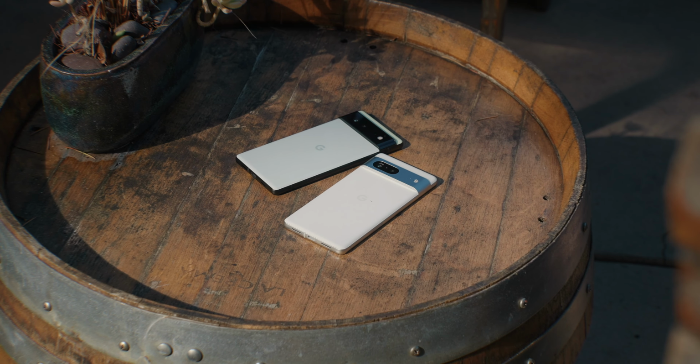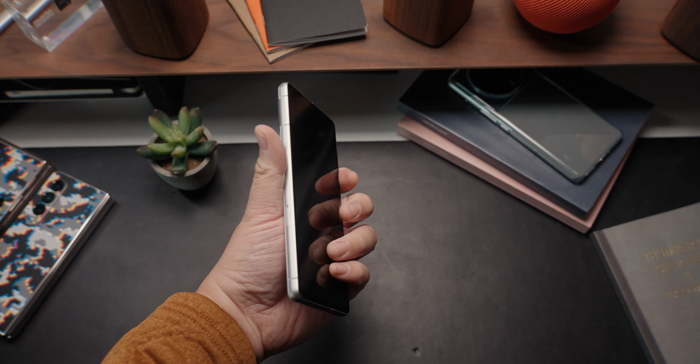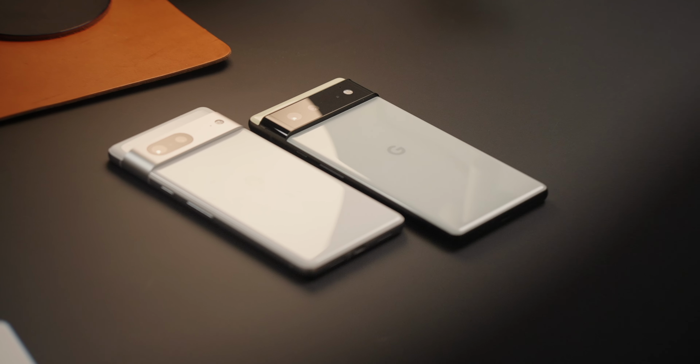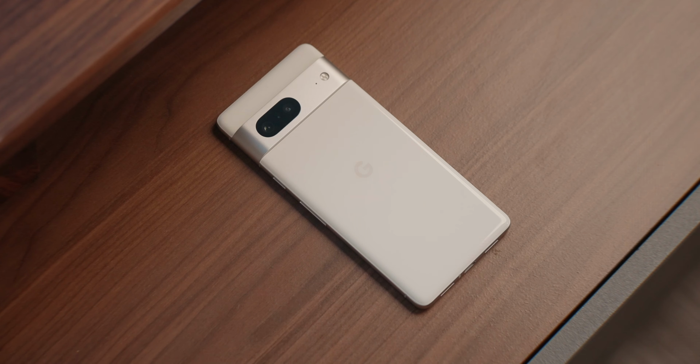gigs of storage. As for the battery, the Pixel 6 actually has a bigger battery at 4614 milliamp hour, while the Pixel 7 packs a smaller 4355 milliamp hour battery. Now, given that the Tensor G2 is more efficient, battery life is pretty much the same on both of these devices. I can easily drain both of these phones by 11 p.m. or midnight, and I'd have to charge these phones overnight if I need to get up early and use the